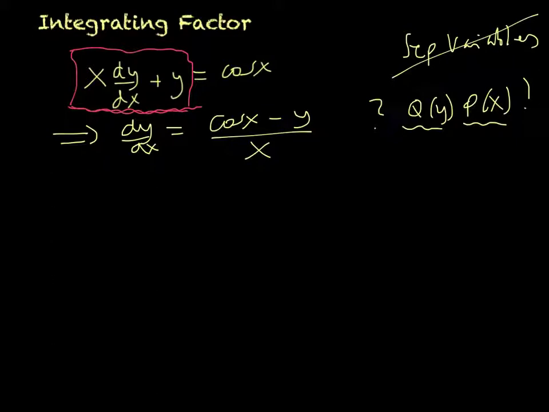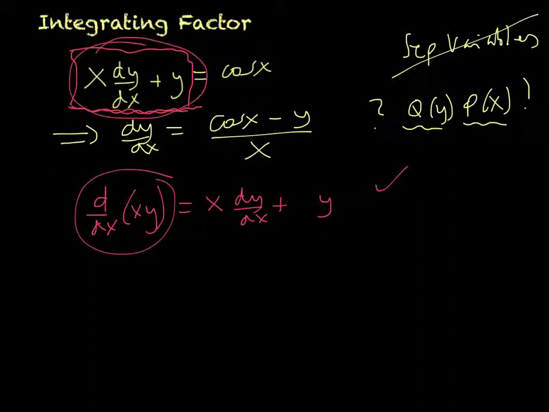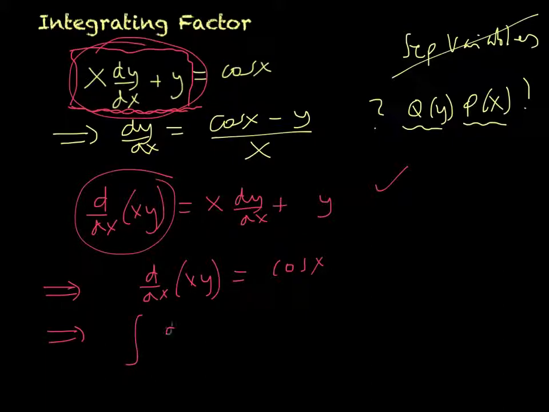Do you notice that if we differentiated xy, if I do this implicitly, I'm going to get, by the product rule, x stays the same, y would differentiate to dy by dx, and then the next one, y would stay the same, and x would differentiate to 1. Yes, this thing is exactly the same as this thing, i.e., I'm saying that d over dx of xy, which is our left-hand side now, is equal to cos x. So if I integrate both sides,